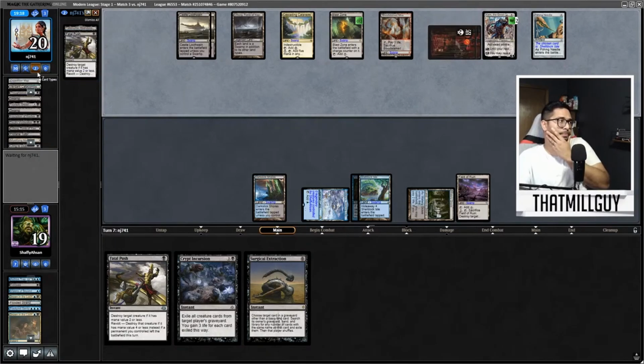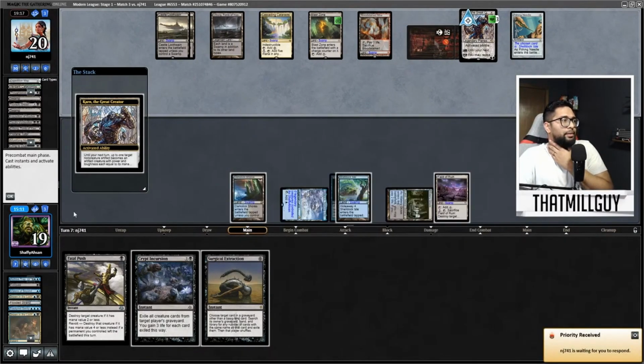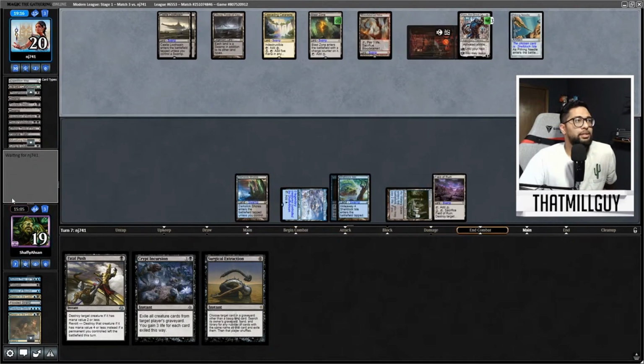Profane Tutor, sure. Profane Tutor puts it into their hand, right? Okay. I don't know why they're not attacking with their Pithing Needle, but I guess it's because they're scared of us having removal. So let's, in that case...